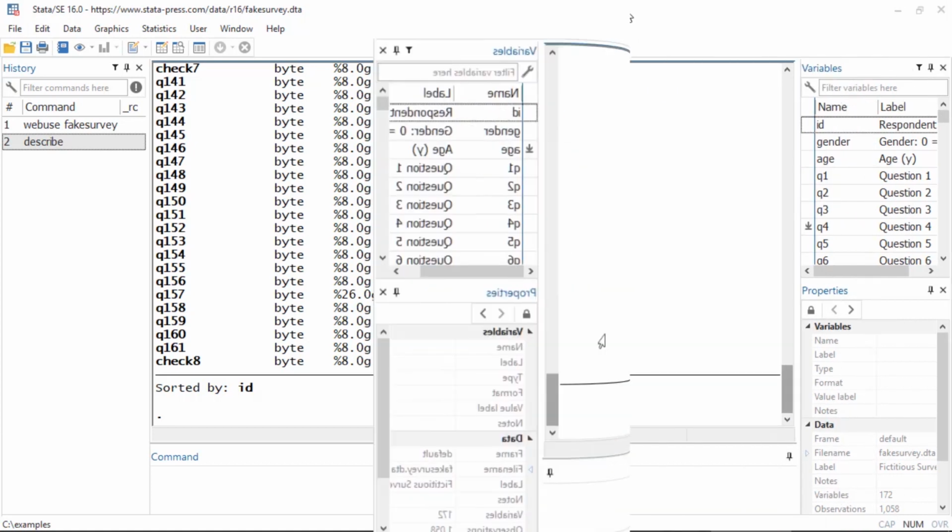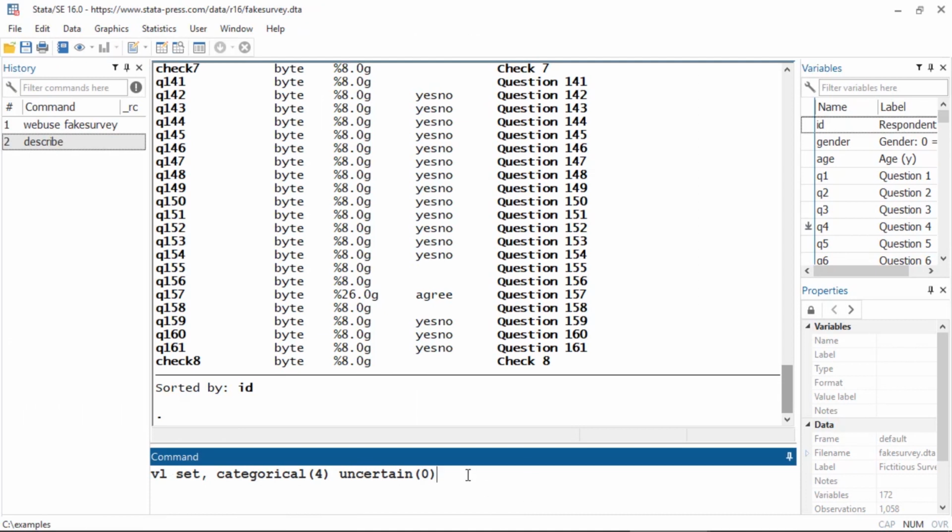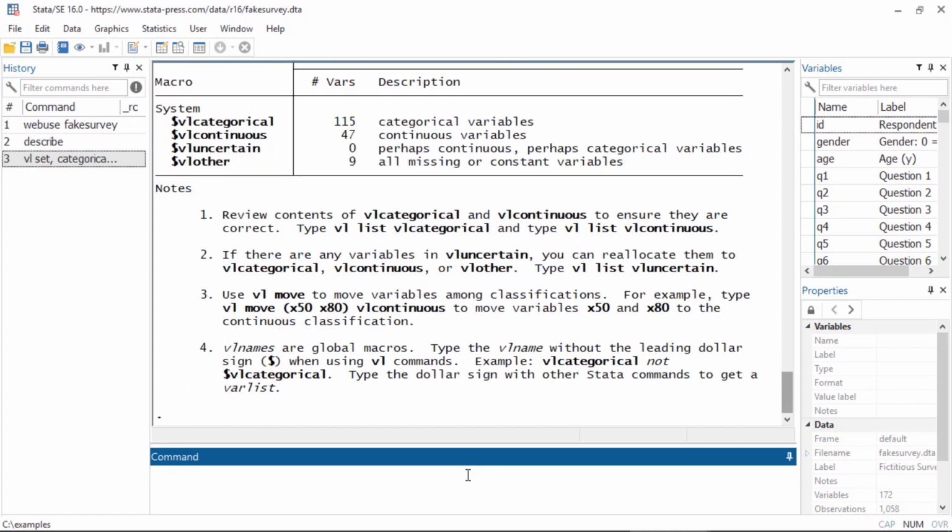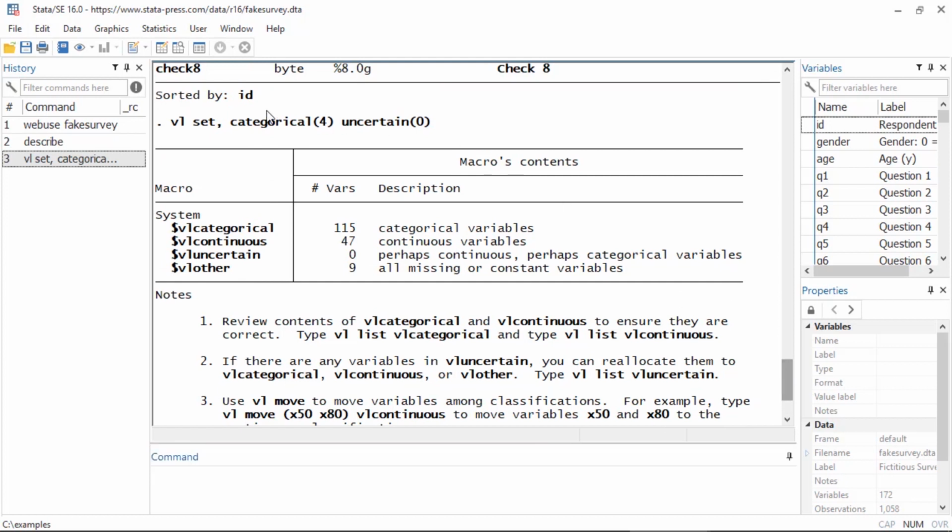Working with a large number of variables can be challenging, so I'm going to use the new VL collection of commands to define groups of variables. I'm going to begin by using vlset to identify categorical and continuous variables. The option categorical tells Stata that variables with 4 or fewer unique values will be assigned to the categorical group. Variables with more than 4 unique values will be assigned to the continuous group.